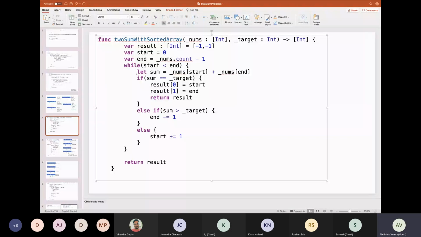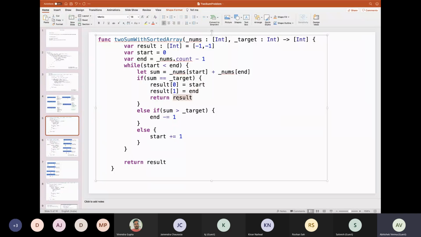Here I used sum as num start plus num end. If sum equals target, in the result, I store the index positions: position 0 with start and position 1 with end, and return the result.